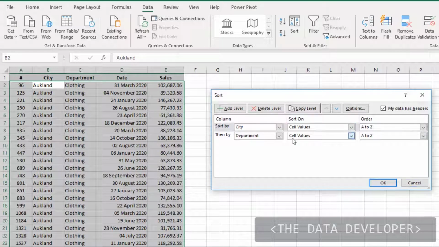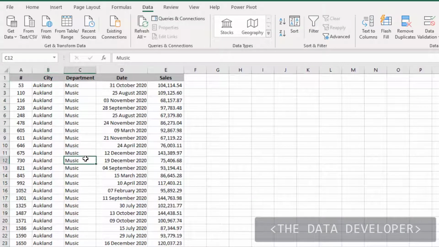Something that you can also do inside here is you can say I want to sort by city from A to Z, and you can then swap it around. You can say I want to sort this from Z to A, for instance. So you want to sort the department descending and the city ascending, and you can do it that way. So if I just go back to my data,